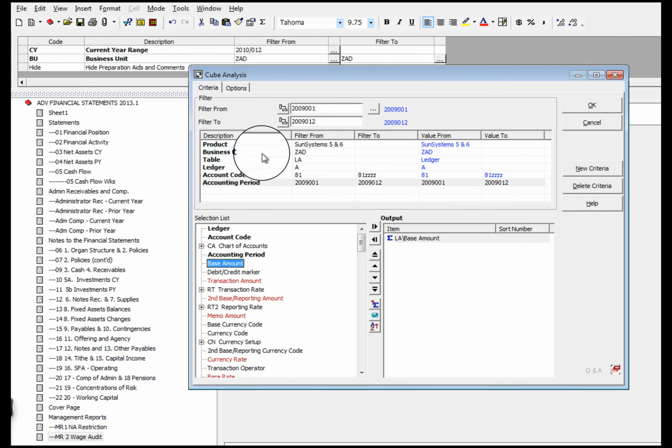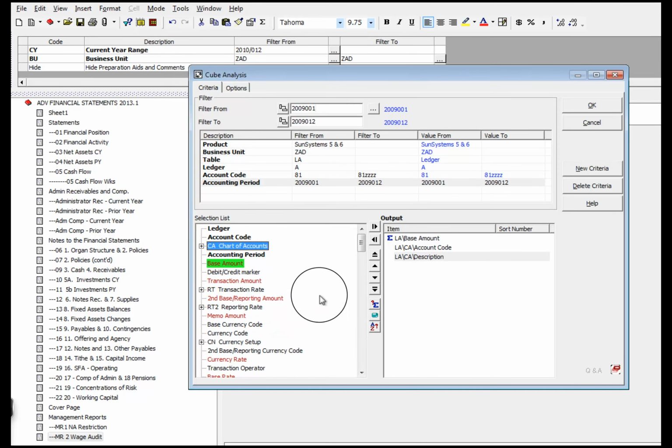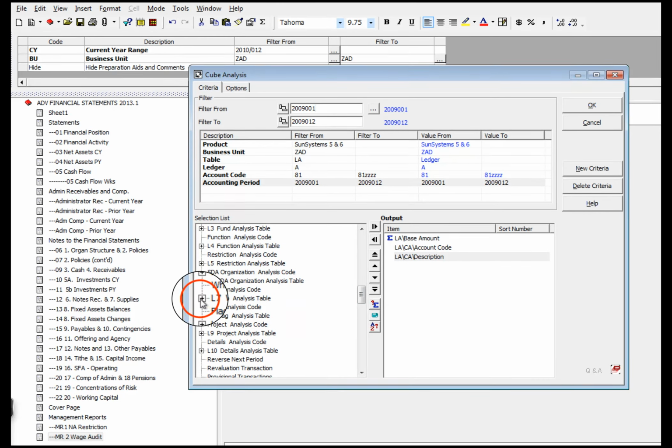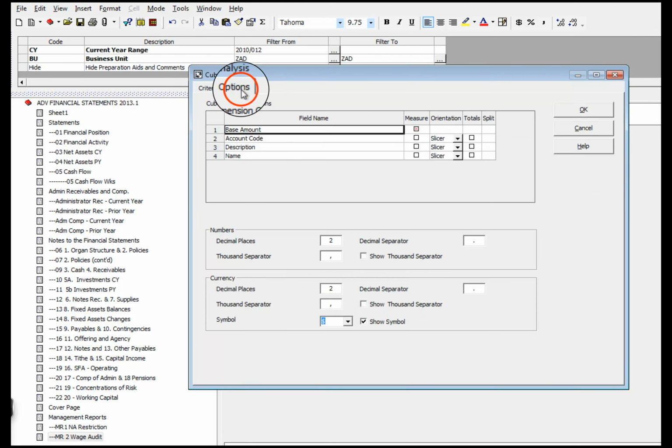And so, in general, this is exactly the query we wrote just a minute ago. But now I'm going to do something a little bit different. I want my account code and description to be the headings of my columns, and I want my who to be the rows of my report. So I'll go like that, and now watch this. This is the little trick here. I've got account code, a name here. I want that to be the rows. That's the employee name. So I'll come right up here.